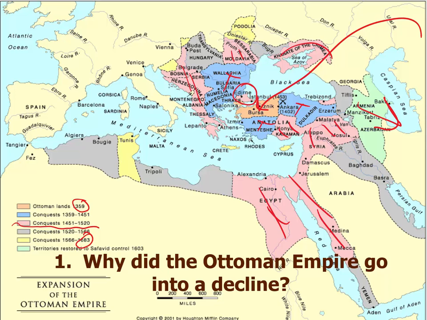And you might remember someone named Suleiman the Magnificent. You might have learned about him in Ms. Canon's class. So he was kind of like the height of this age. After this time period, the Ottoman Empire begins to go into a decline. Like I said before, it's one of the longest running empires in the world. It lasts for 600 years. The Ottoman Empire doesn't end until after World War I.